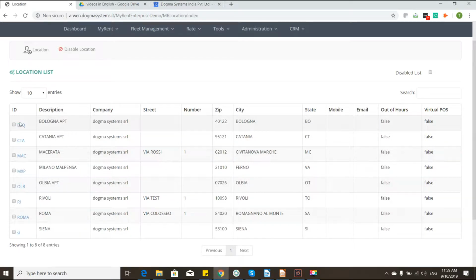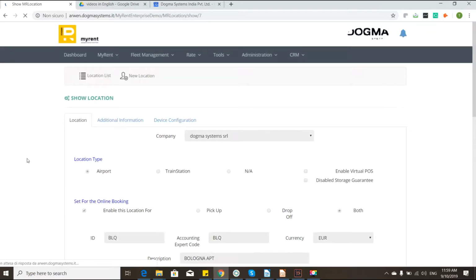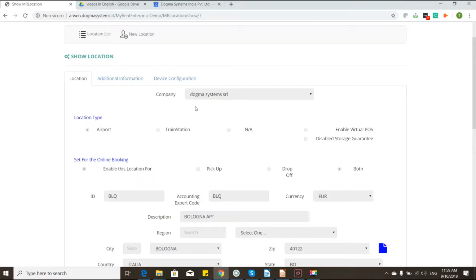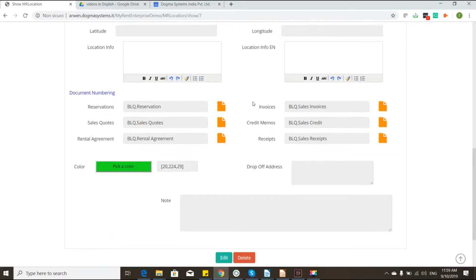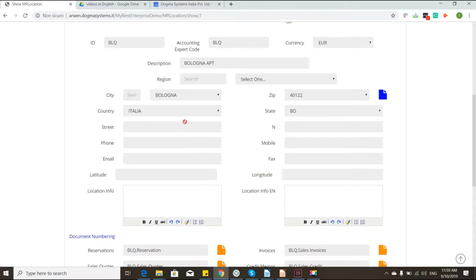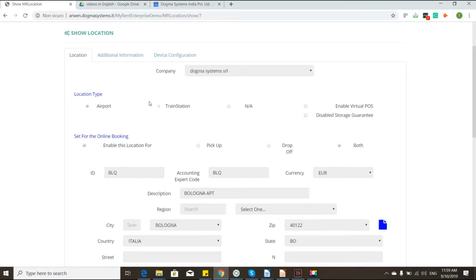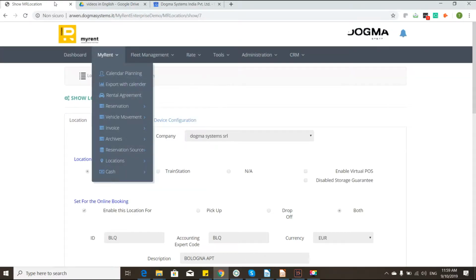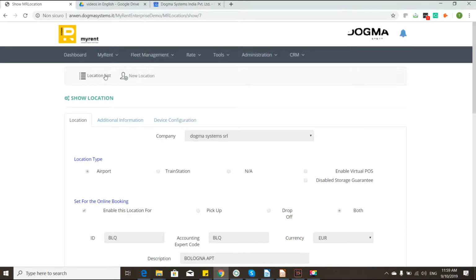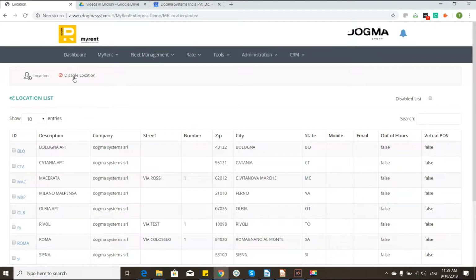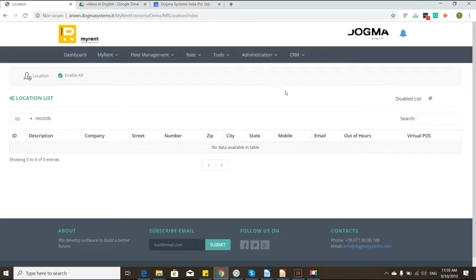If we want to modify, we just click on the ID and we can modify some prefixes, we can put some notes, we can modify if its location type is already BOSS or if it's enabled virtual payment systems and etc. and if it's just for pickup or drop off or BOSS. So you'll be able to do this kind of modification, or you can, for example, simply click on this and disable the location if you don't want it, and you can simply click here and this is a disabled list,